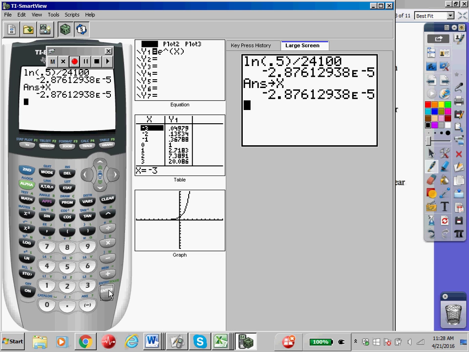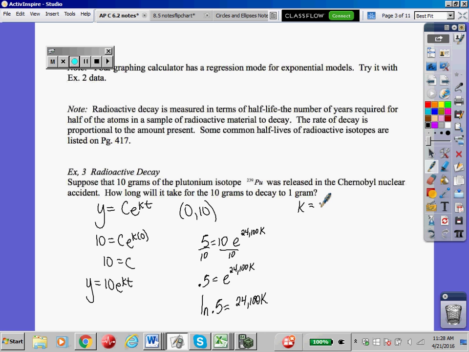And what Christian mentioned a moment ago is you can actually store it in any letter you want. It's just a less keystroke to make x. Like you could say alpha A, but then you're going to always have to bring up alpha A. So it's kind of a pain to pick a different letter. All right, so on my paper, though, I'm going to put the negative 0.0002876 7. You can do whatever you want on here as long as you're